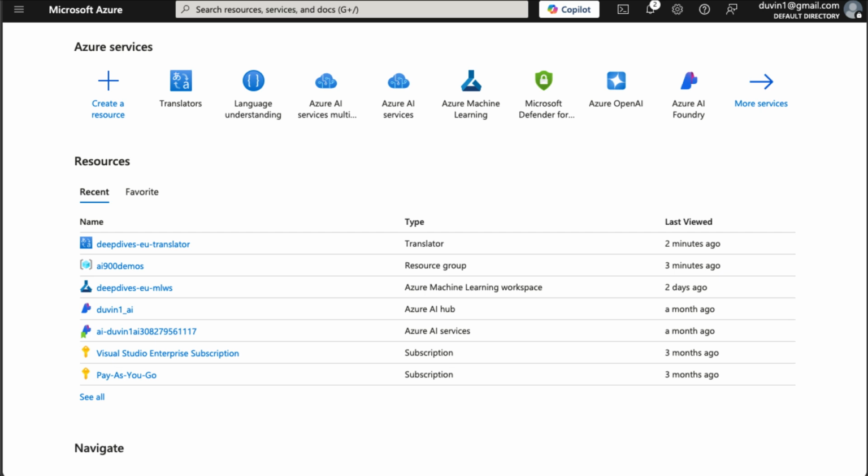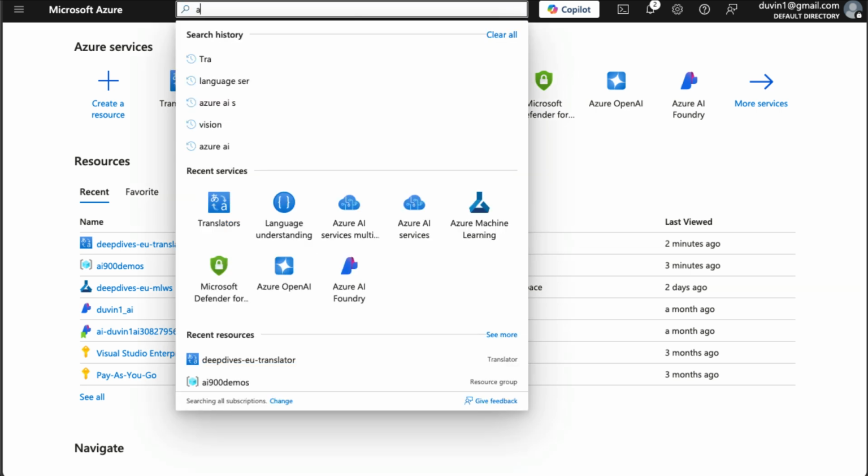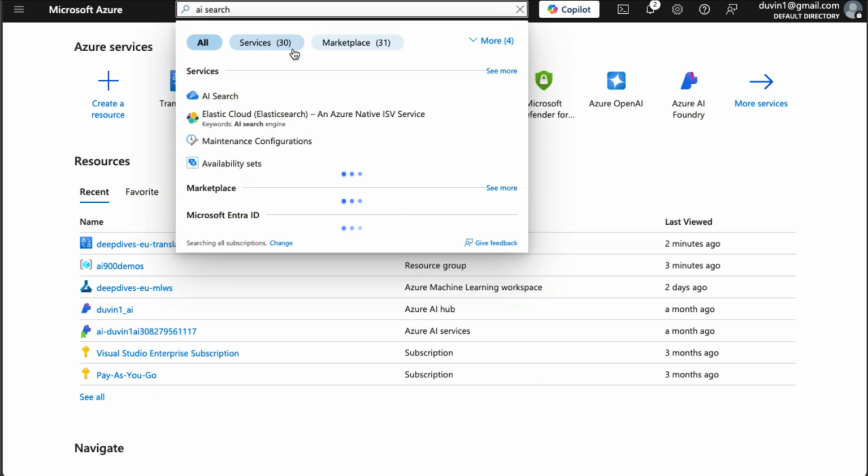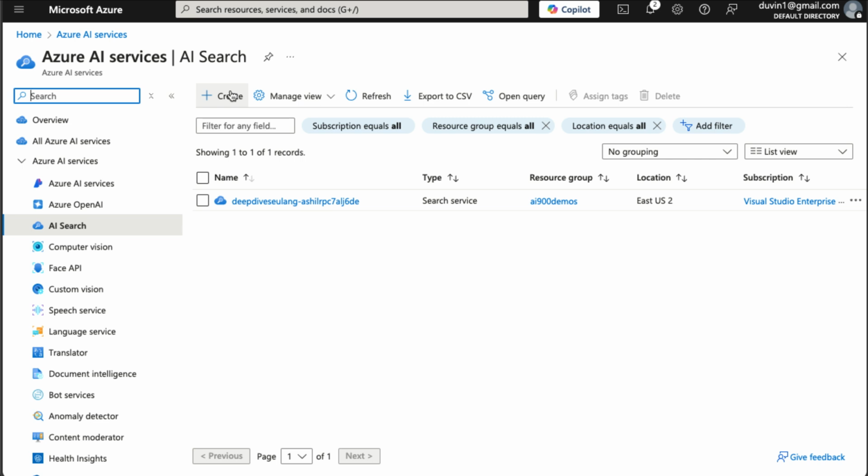Welcome to demo 8 of AI-900, where we're going to take a look at AI search. So we're going to need to have some resources here. We need to start off by creating an AI search resource. Just look for that. There we go. We have one here. I'm just going to show you how to create one